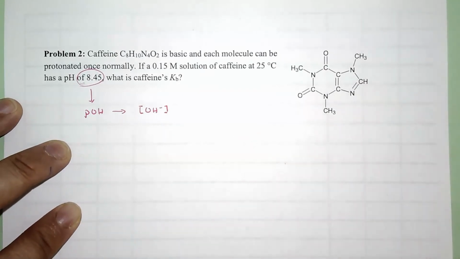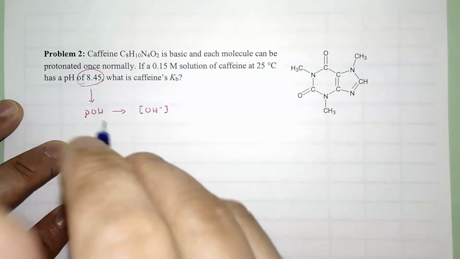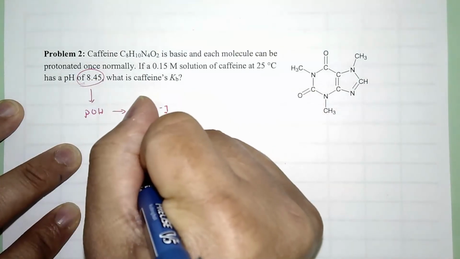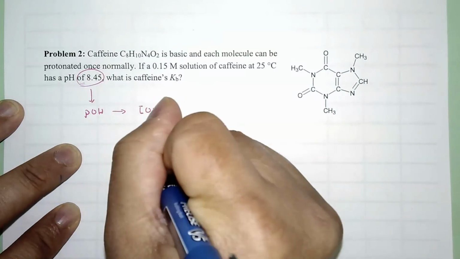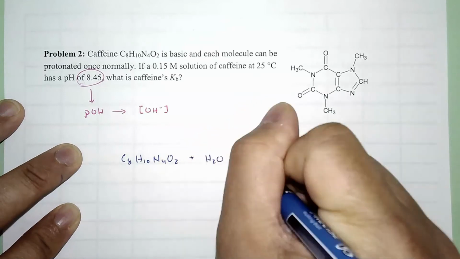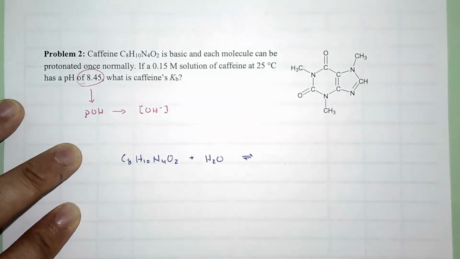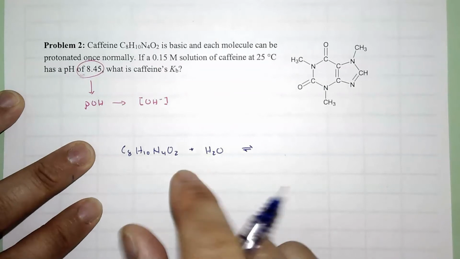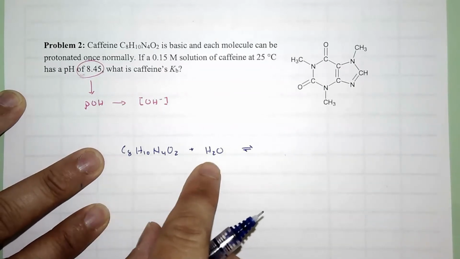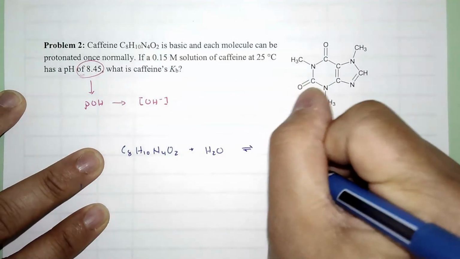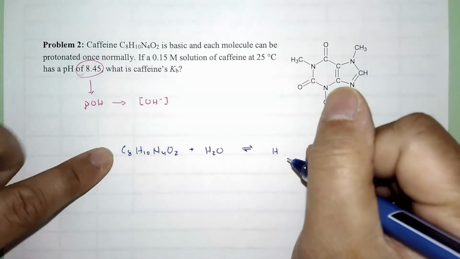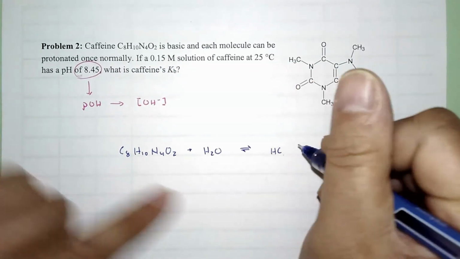We're not going to draw out the structure when we look at the chemical equation. Why don't we do this? C8H10N4O2 plus water. Okay. What does a base do? It accepts a proton, or I like to think of it as grabbing a proton off of the acid. And you could do that by just putting the proton at the beginning. So the letter H, hydrogen,